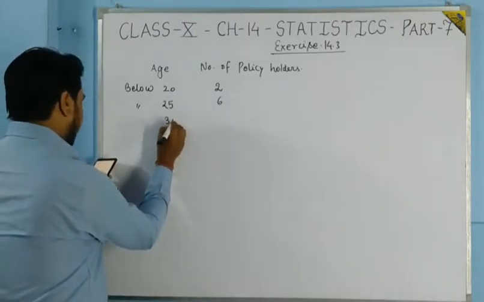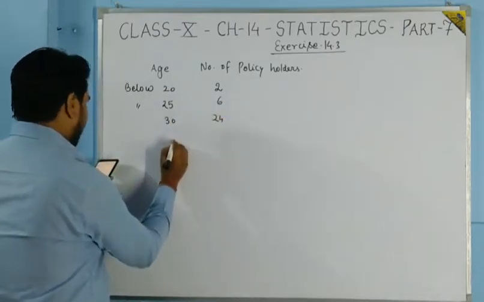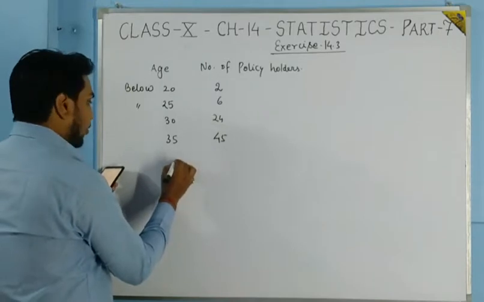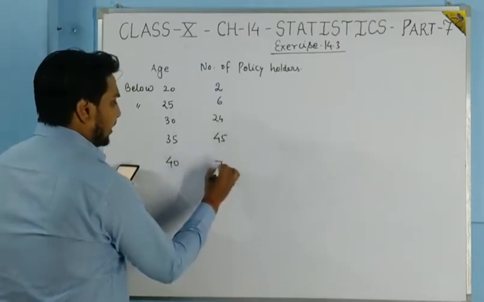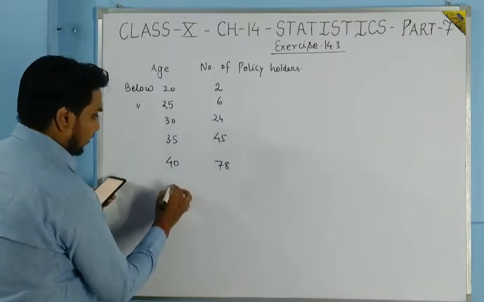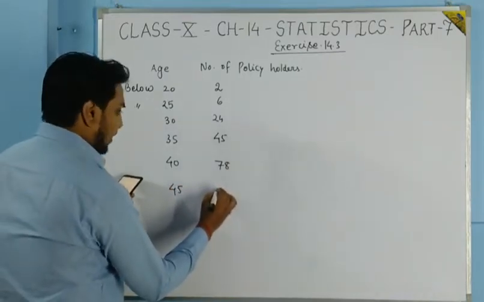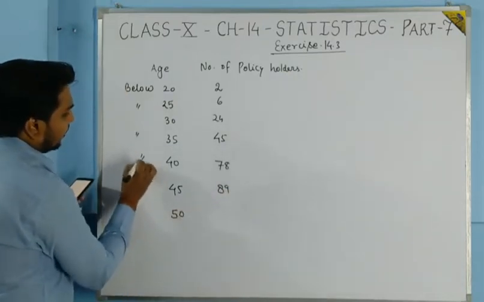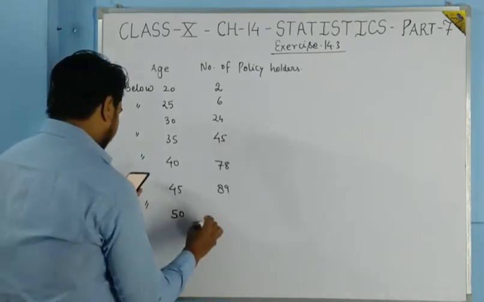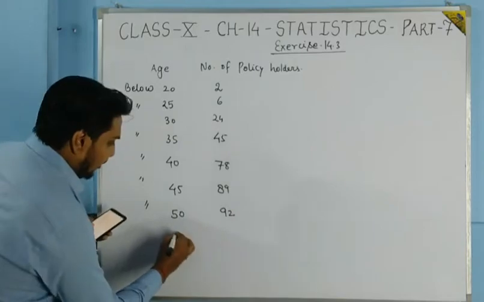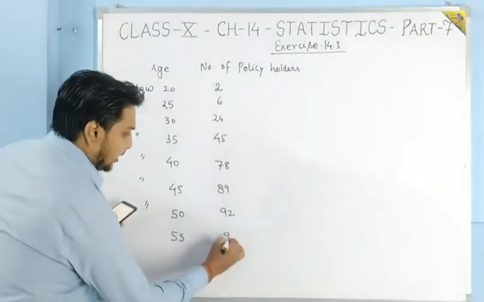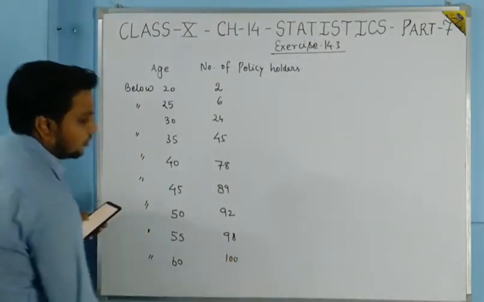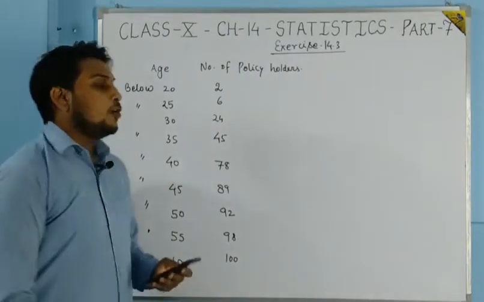For below 30 it is 24, and then below 35 it is given 45, below 40 it is given 78, below 45 it is given 89, below 50, okay, here everywhere the word below is there, below 50 it is 92, below 55 it is 98, and below 60, okay, it is 100. It is also given in the question that the total number of policy holders is